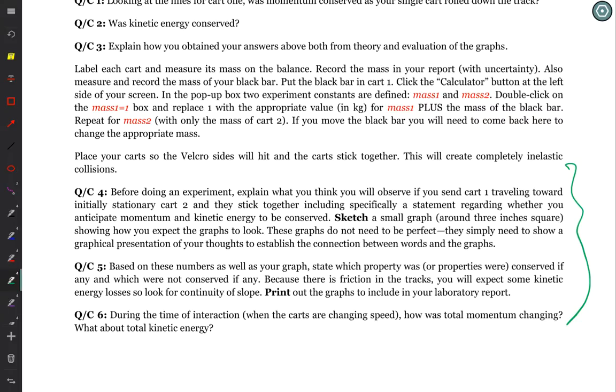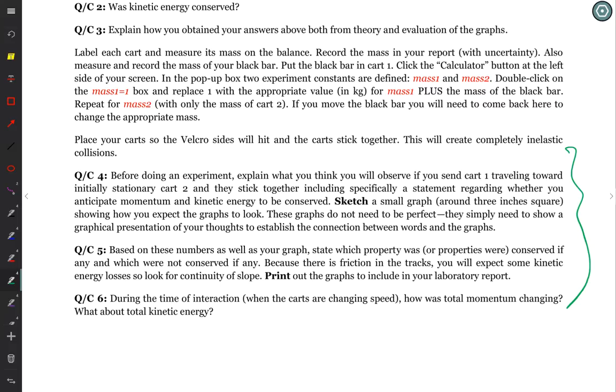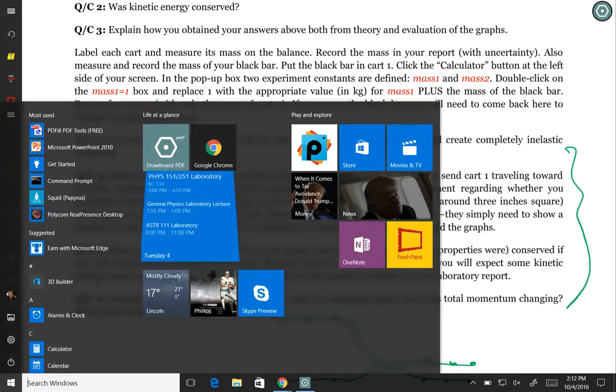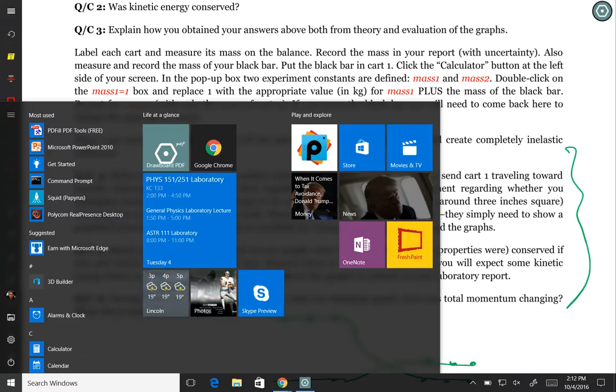To get the actual values, you're going to have something like, here's cart 1 before the collision, cart 2 before the collision. At the collision, they're going to do something like, and it's not going to look like that, but I'm drawing something. So you want to zoom in, so you just have about 3 data points from before the collision and about 3 from after. Obviously, there's going to be some in between as well, but it's the before and after that we're comparing. And so then you use the data select tool, which is,